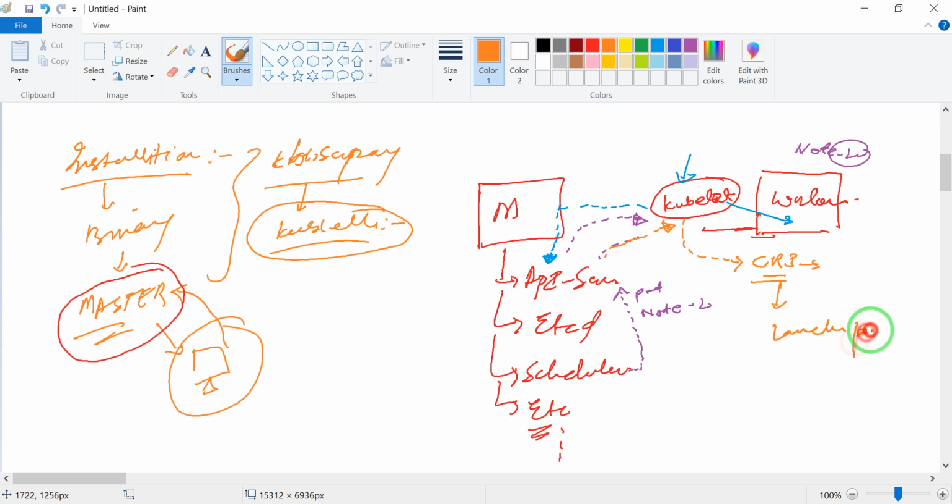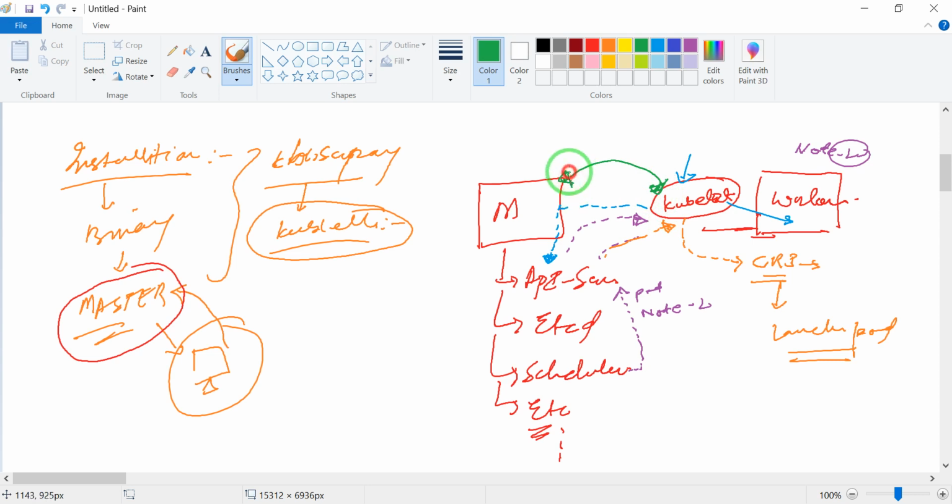So the kubelet is the front-end role which is connected directly to your master. Whatever comes up or goes down, any upgrade or downgrade, all of it is updated by kubelet.